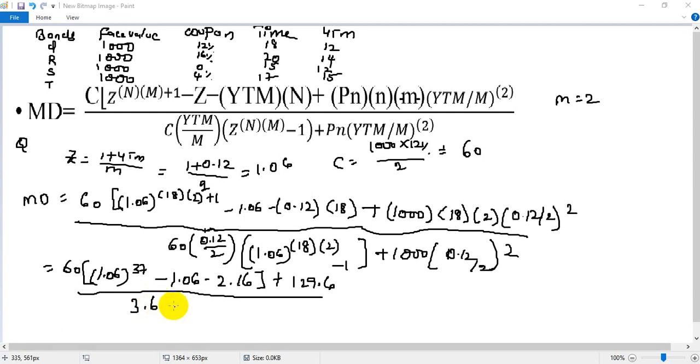So if you multiply the 60 into 0.12 divided by 2, into 1.06 power 18 into 2, 36, minus 1, you will get some around 7.15 plus 3.6. If you calculate this, 1000 into 0.12 divided by 2 square,